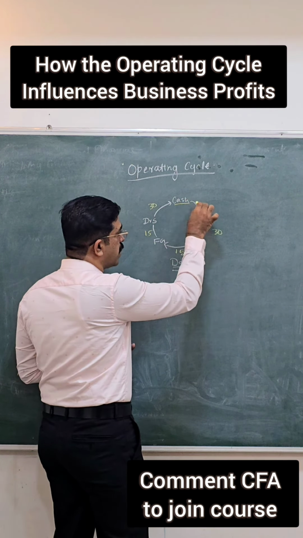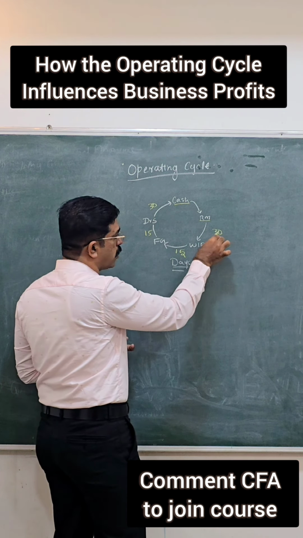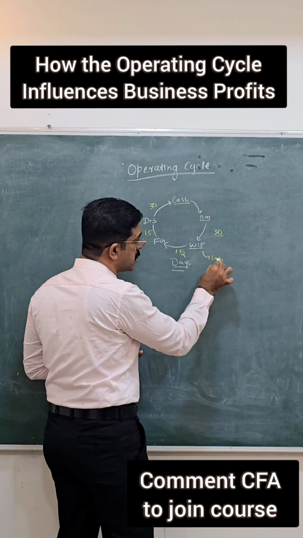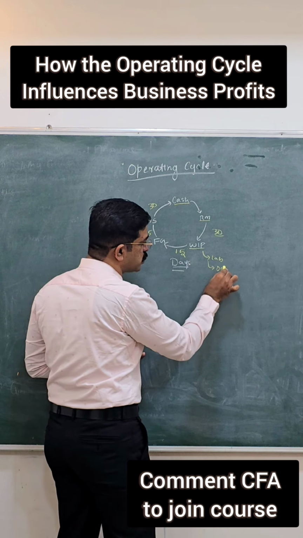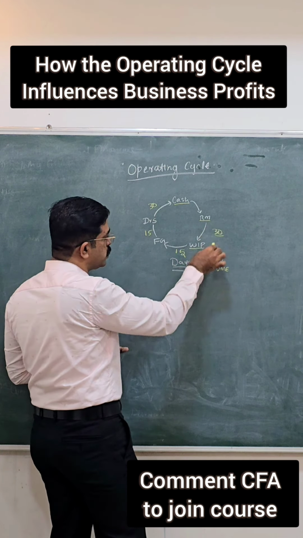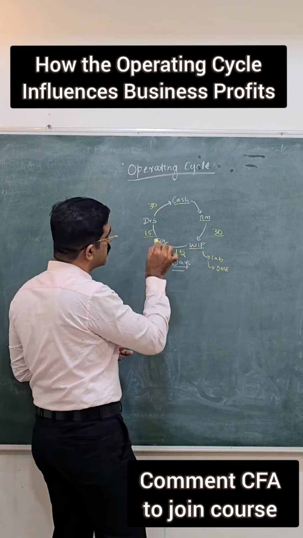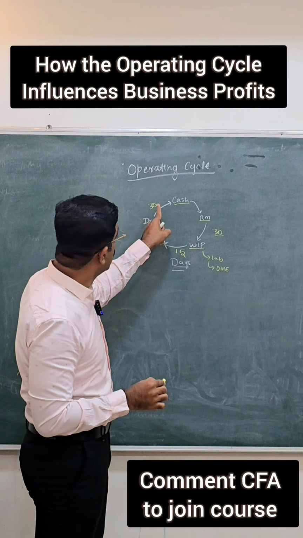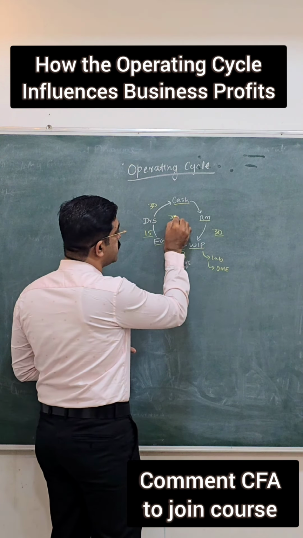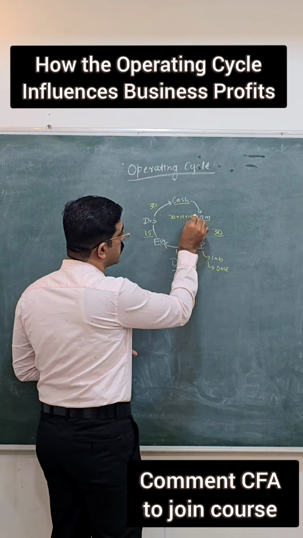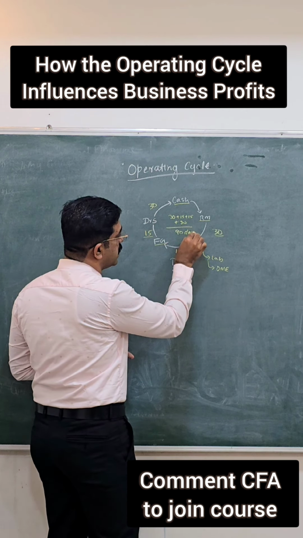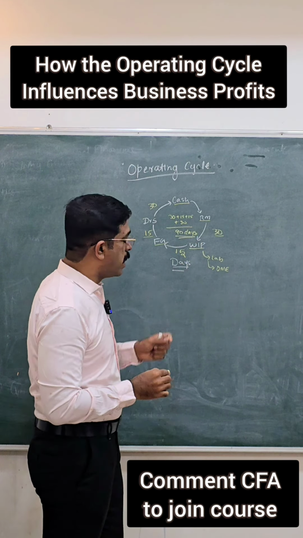So what is happening here? The cash I have invested in raw material is getting locked for 30 days. Then in the production process, I'm also engaging laborers, I'm incurring various other manufacturing expenses, and that is also getting locked for 15 days. Then eventually it has become finished goods, but it is getting locked for another 15 days, and then it is sold to the customer, but the customer is taking 30 days. It means 30 plus 15 plus 15 plus 30, that is, overall it is taking 90 days for this business to get back its cash.